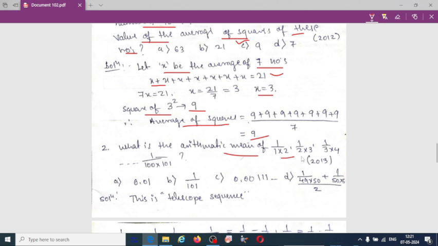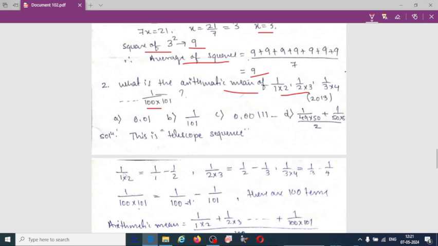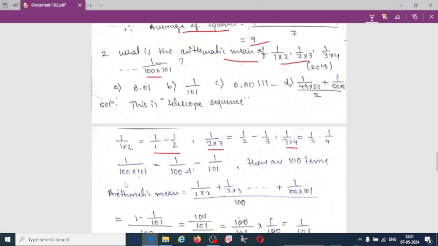So if you observe carefully, this is a telescoping sequence. 1 divided by 1 into 2, you can write it as 1 divided by 1 minus 1 by 2. So again you will get 1 by 2. Similarly, 1 divided by 2 cross 3, 1 divided by 3 cross 4, you can write up to 1 divided by 100 into 101. So finally you will